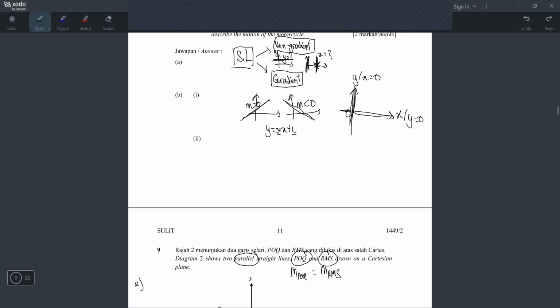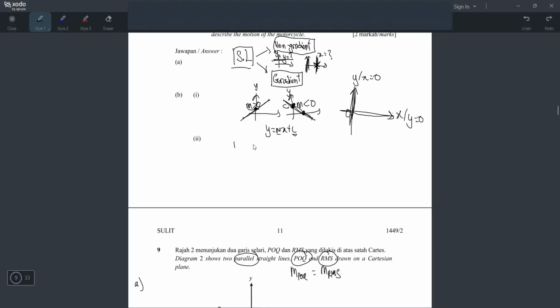Then what about the C? M is the gradient, right? And then what about the C? C is the pintasan Y, the Y-intercept. What is Y-intercept? Y-intercept is the place where the line meets the Y-axis. Okay, C adalah point yang di mana garisan ni sentuh paksi Y. So dekat mana dia sentuh paksi Y? Sini kan? So inilah saya punya C. Okay, what about this line? Ini tempat di mana saya sentuh paksi Y sini. Okay, bukan yang ini ke? Okay, ini bukan Y-intercept. Ini bukan pintasan Y, ini pintasan X. Faham? Macam tu.